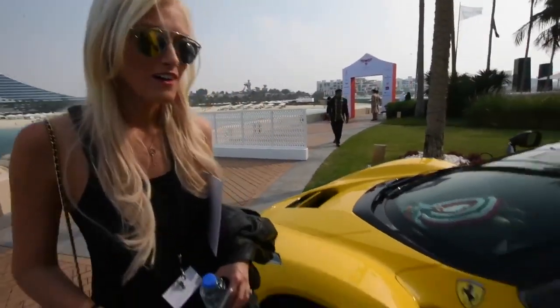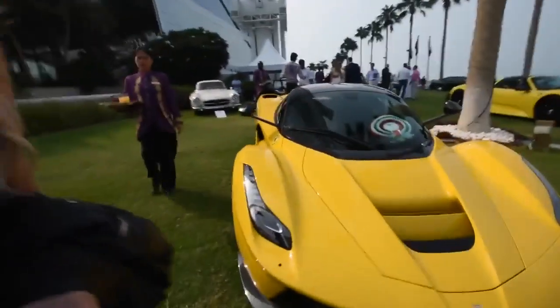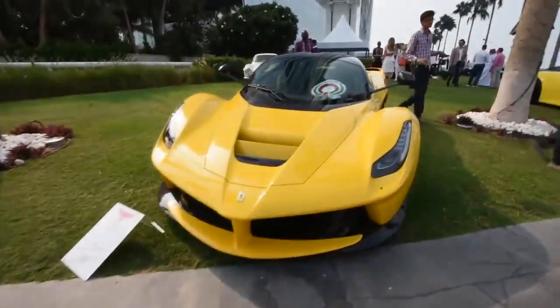This is the first car that you walk in and see, the LaFerrari. I have never seen one this close before. This is kind of exciting. I can't believe I admit that to you, but I mean, look, we've got cars in Dubai, and then you got cars, you know, and